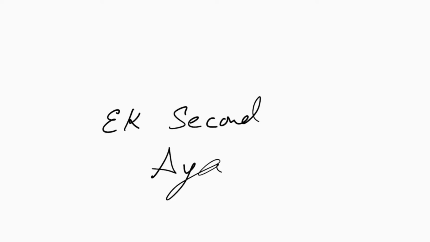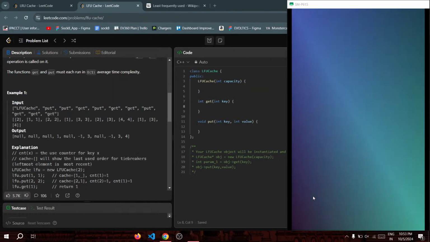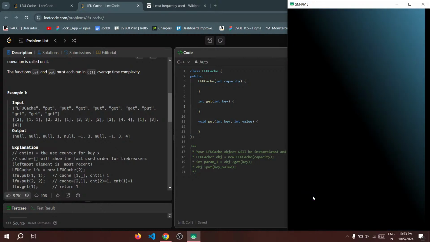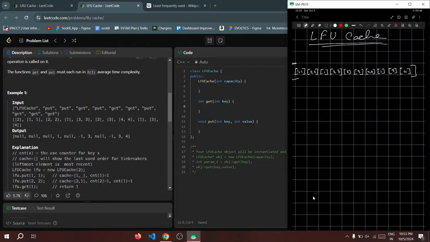No, no, no. Okay, let's see if it is. No, no, no. I want to change back my screen and I want to come back here. ठीक है, ठीक है. तो हाँ,